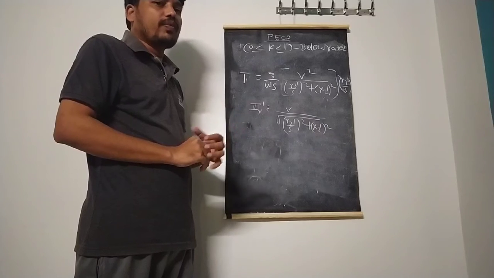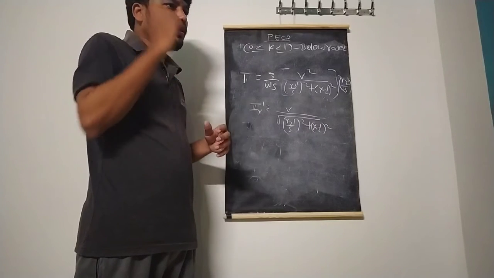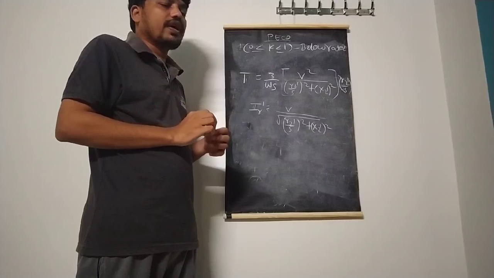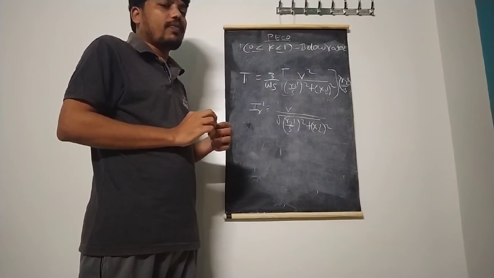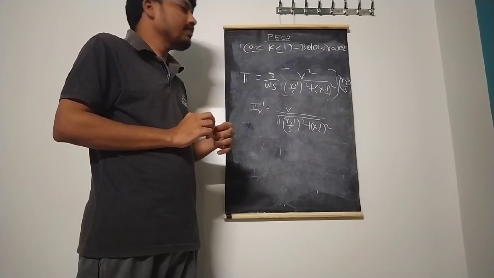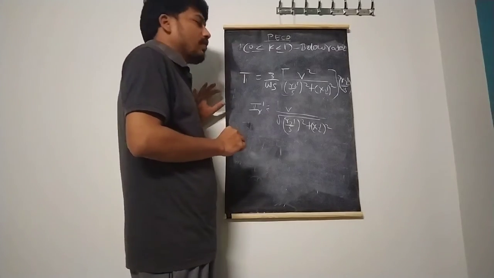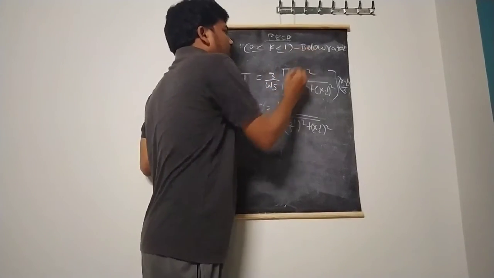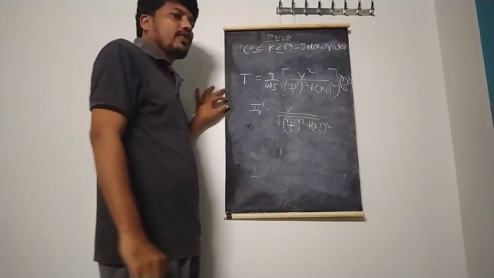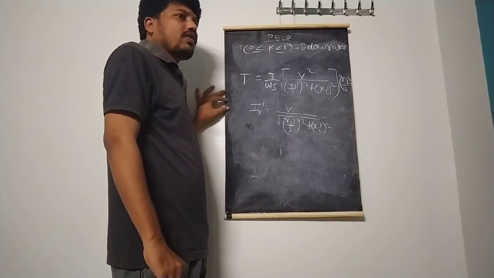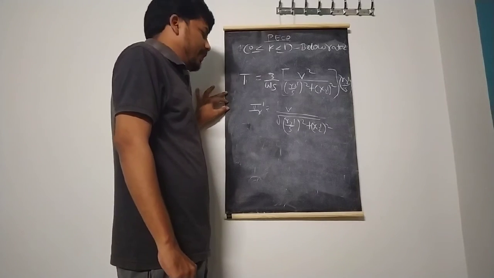With the help of the PWM inverter, we are operating the drive below rated frequency. That is the meaning of this. Whenever the drive is operated at below rated frequency, the speed is also below rated speed.